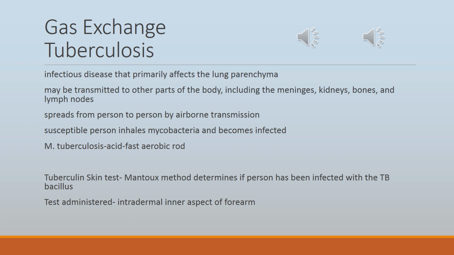A significant reaction indicates past exposure to M. tuberculosis or vaccination with Bacillus Calmette-Guérin, which is the BCG vaccine. The BCG vaccine is given to produce a greater resistance to development of tuberculosis. It is effective in up to 76% of people who receive it. The BCG vaccine is used in Europe and Latin America, but not routinely in the United States.